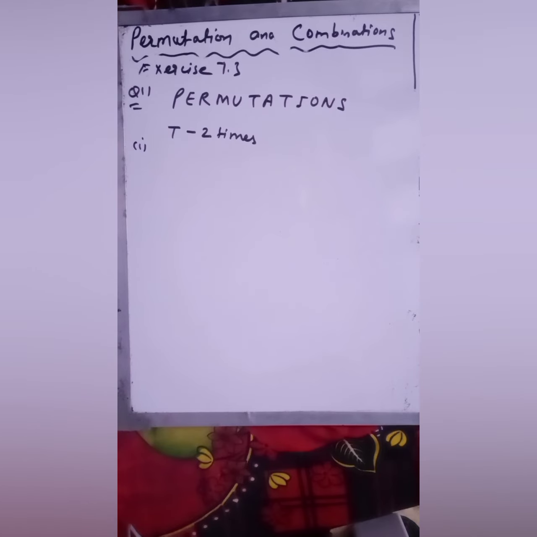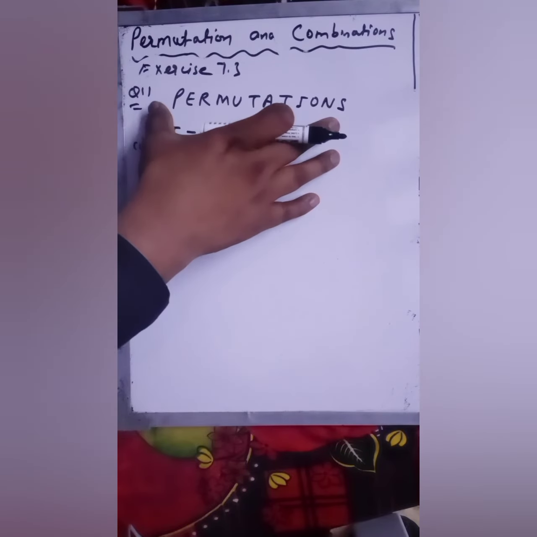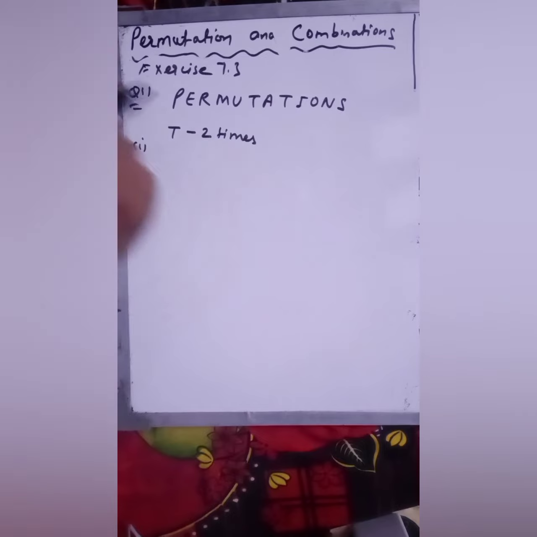Now children, this is one of the most important questions of this exercise. So here the permutation word is given to you. It is a 12 letter word. In this, your T repeats 2 times. Okay children,